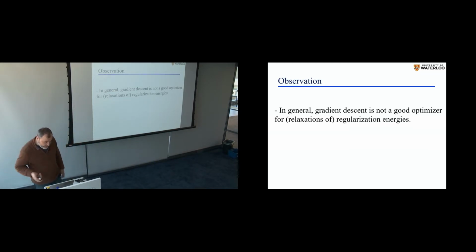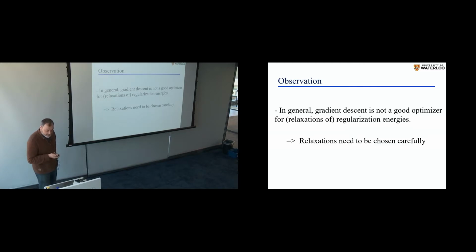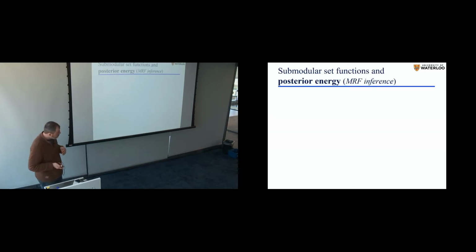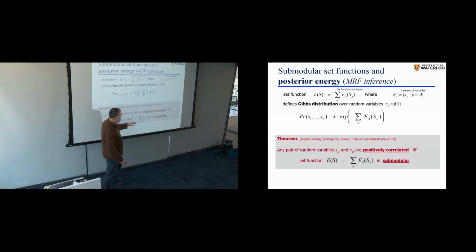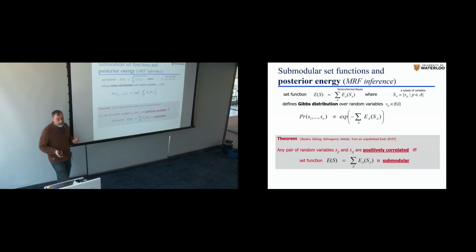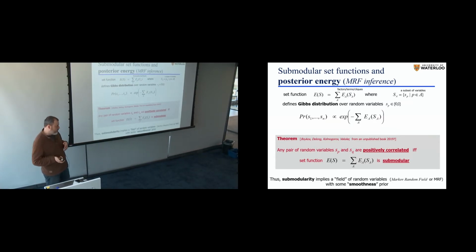It resonates with some of the message in the last part of my talk. I'll skip the slide, I just want to say there is an extension of this relationship between submodularity and positive correlation, even if it doesn't have to be pairwise. Regardless of how high order your energy is, submodularity basically means that your pairs of variables are positively correlated, even if the energy itself is not necessarily pairwise. So submodularity is positive correlation. That seems to be useful for vision. We will often use that for regularization, meaning similarity, less noise, or something like this.